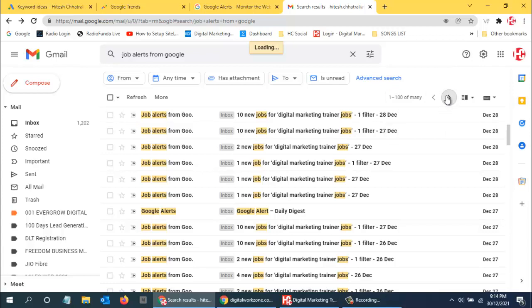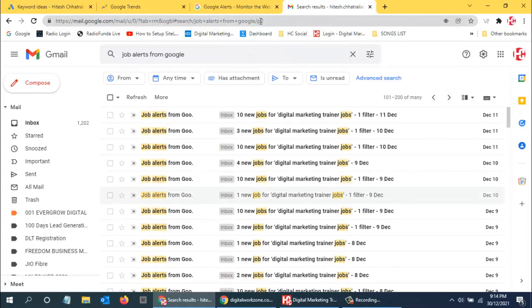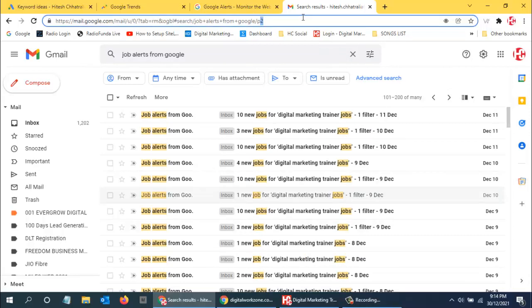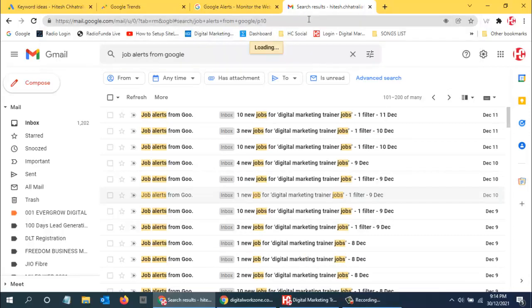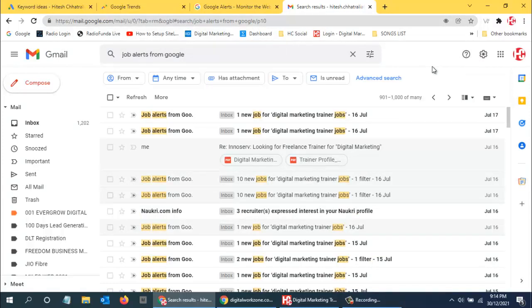So this is page 2. Now let me go to page 10 and see if page 10 exists. So yes, page 10 exists. Let me go to the next page.